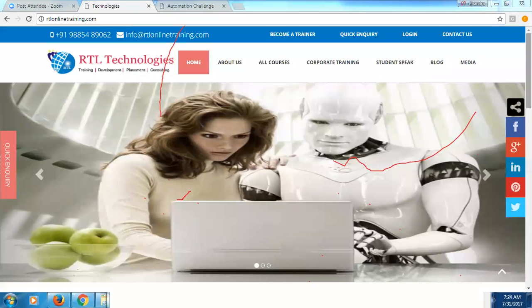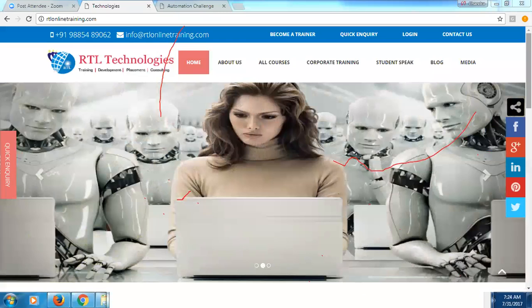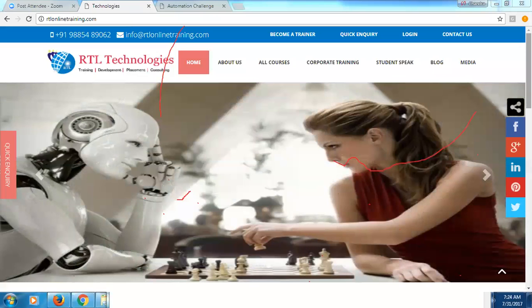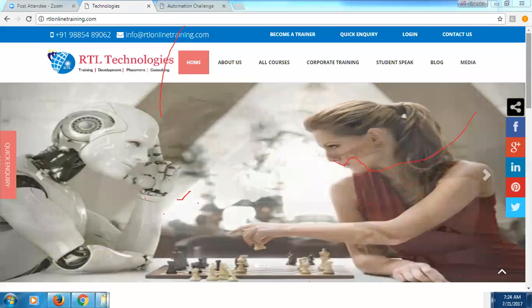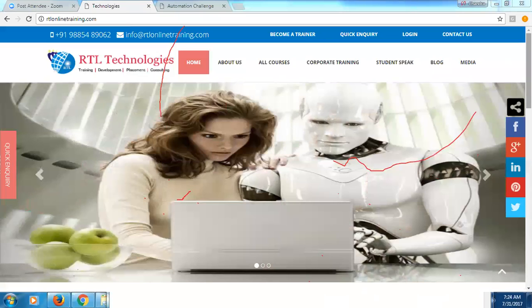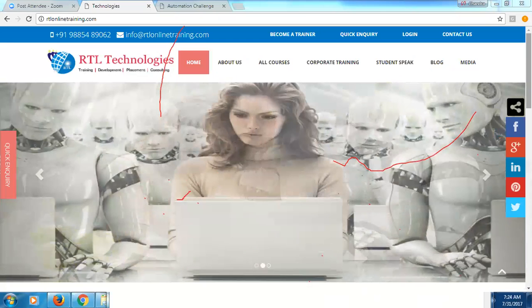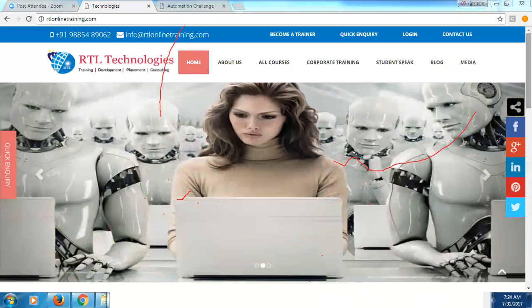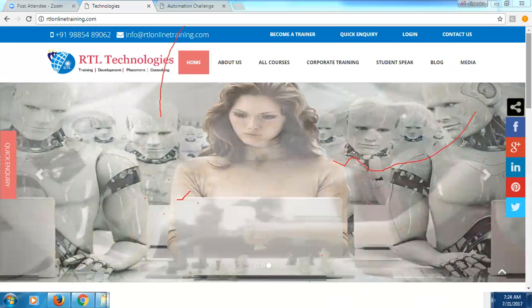Chandrakant, QTP and Selenium both are testing tools. You are testing the application, right? Automation is different, testing is different. If somebody develops an application, to test that application's performance or functionality, you use tools like QTP or Selenium. But this is not the testing of the application.